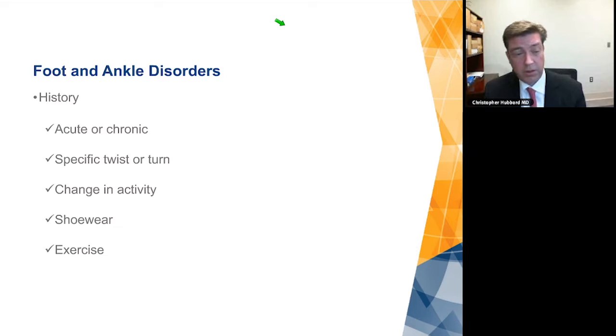In terms of the history of any sort of foot and ankle problem, essentially is it an acute specific twist or turn, or is it a more chronic condition? If it's chronic, then try to elicit whether there was any change in activity, any change in shoe wear or exercise, what sort of precipitated